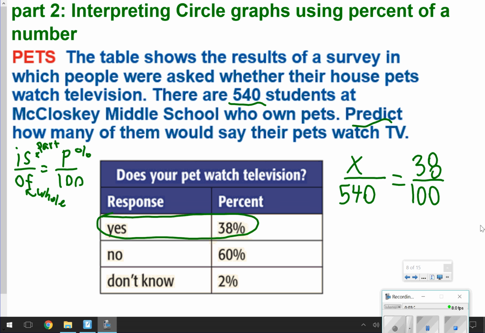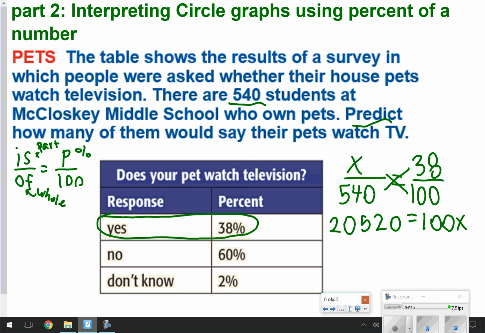Remember, the next step is to cross multiply to solve for x. I'm going to do 540 times 38. That is going to give me 520. And then 100 times x is just 100x. Next, to solve for x, I will have to divide by 100. This is pretty easy because when you're dividing by 100, all you're doing is taking your decimal and moving it 2 times to the left. So when I divide by 100, I get